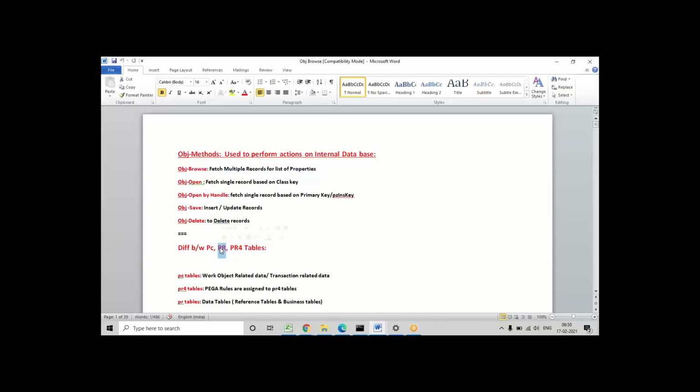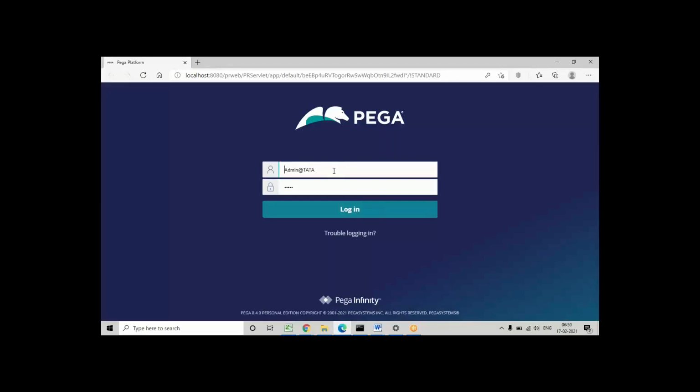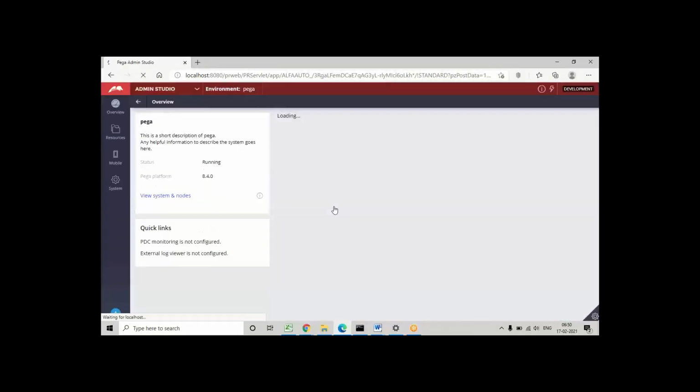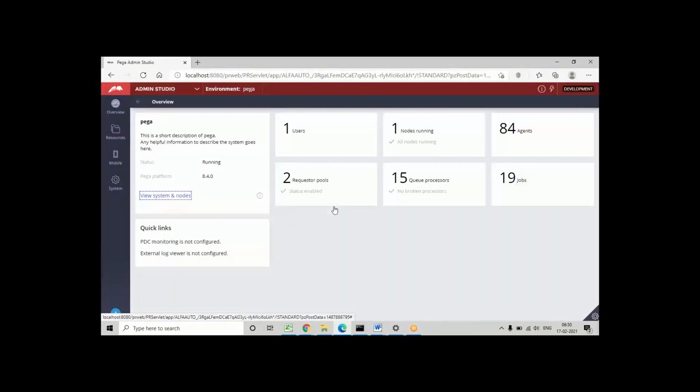The states table will be in the PR table category, in the backend. Though we are able to view the table in the application, the actual table is saved in the PR table in the rule base. Fetching the data from the rule base, or from the server, it is going to fetch from the PR table and display that data in the clipboard page, and from the clipboard page we need to map it to the user interface page.